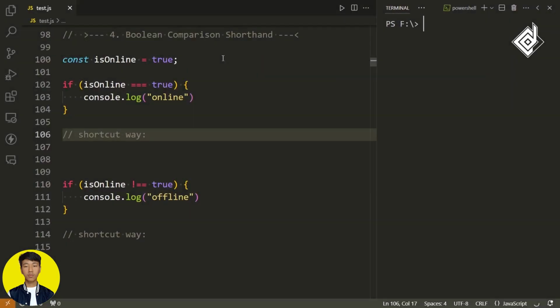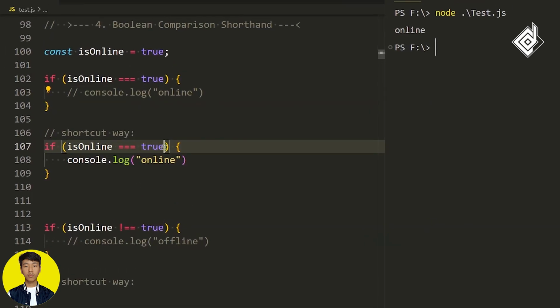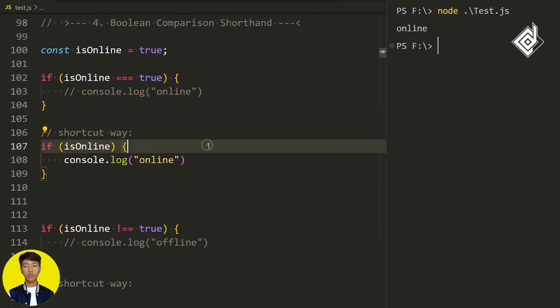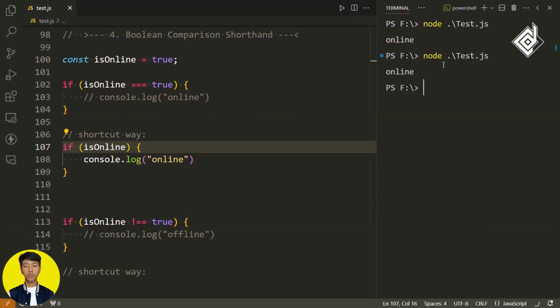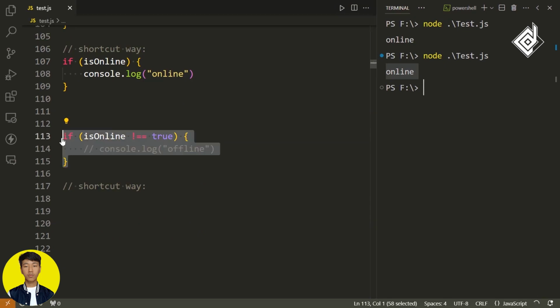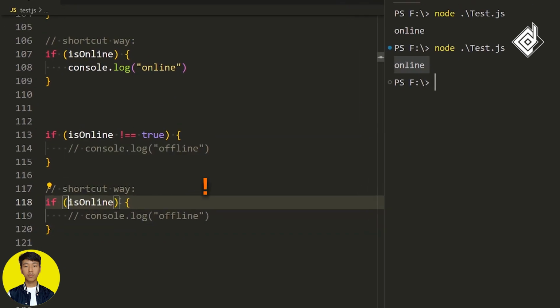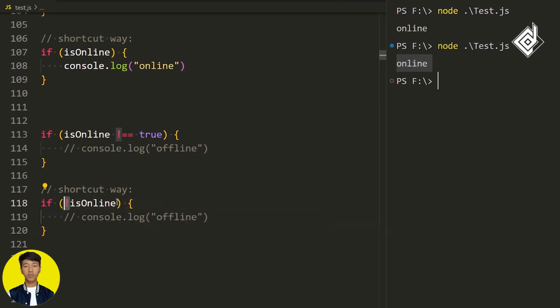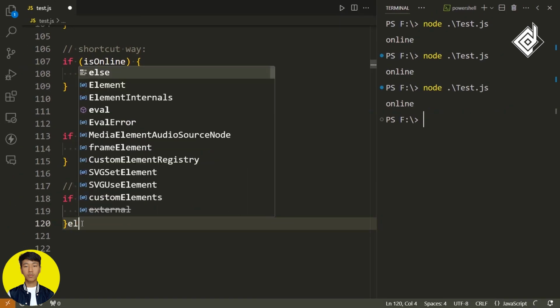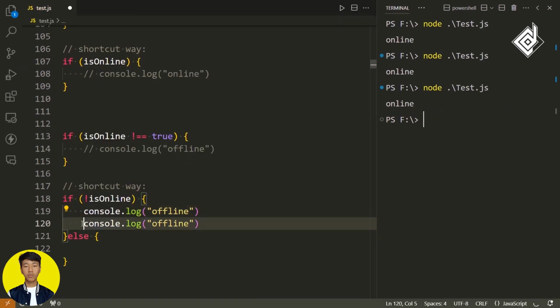Talking about another shorthand, this approach is taken mostly by beginners. As you can see, I have declared a variable where I have stored true as a boolean value, and I'm taking the same variable for my if statement, and I'm again using that variable and comparing it with our boolean value. So instead of doing this, you can just directly pass the variable and it works in the same way. And also, what if you want to check not equal to? In that case, instead of using this comparison, you can just put an exclamation sign in front of your variable, then you'll be able to get the same result. Okay, I think now I need to put that console code in our else part.